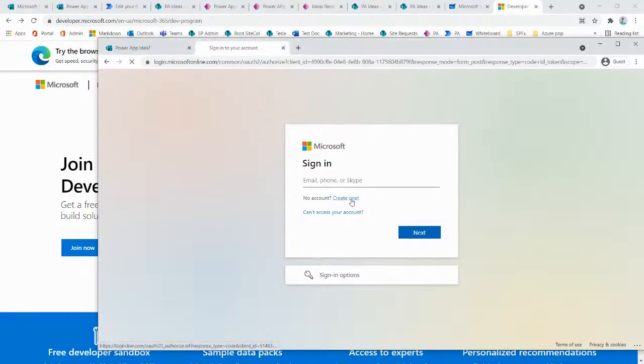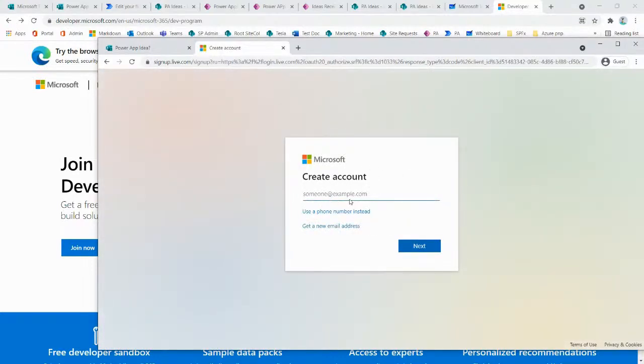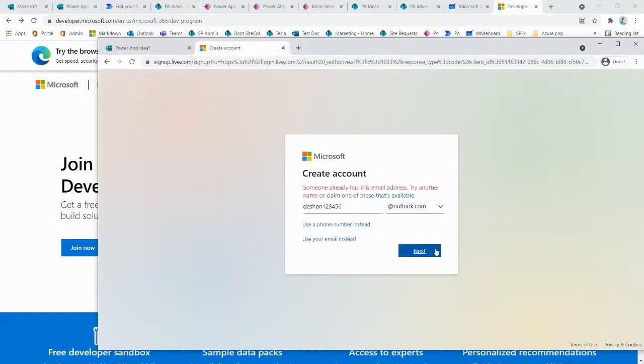So here, if you don't have one, I'm not going to log in with a 365 account. So I'm going to just say test DeShon 0365. This is going to be nasty, actually. Yeah, this is actually nasty. You can do full vanilla and say, I'm not going to use any of my information. I'm not going to use my company information. I'm not going to use all this. I want to create something brand new. So here, let's just say DeShon 1 2 3 4 5 6 whatever, and they're going to create